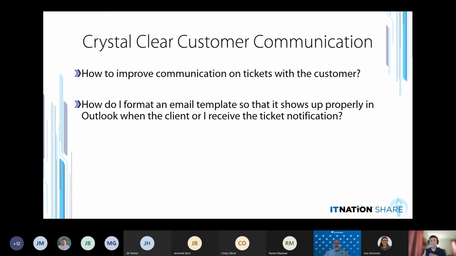Even within Outlook itself, if you're using Outlook on a laptop versus Outlook on a mobile device, it will and can display your emails differently. So there's not a shortcut answer here to say this is what you need to do every single time for your email templates. But with that in mind, our HTML experts on our team were handy enough to put together